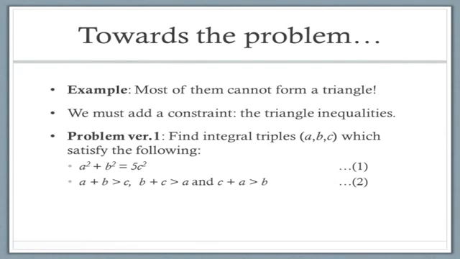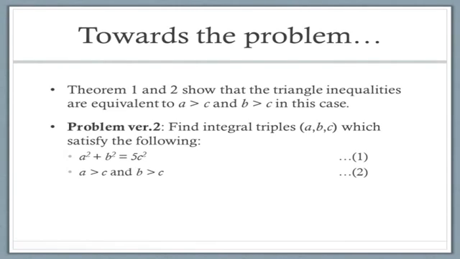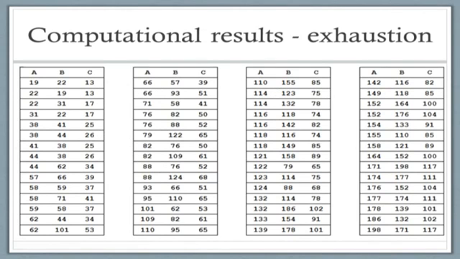triangle inequalities. With theorem 1 and 2, we actually proved that the triangle inequalities are equivalent to a greater than c and b greater than c. Therefore, the problem is modified into the following, replacing the triangle inequality by a greater than c and b greater than c. With these two inequalities, we can now eliminate the undesired triples, and now we can get